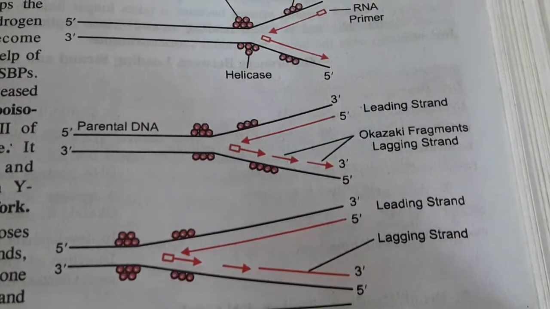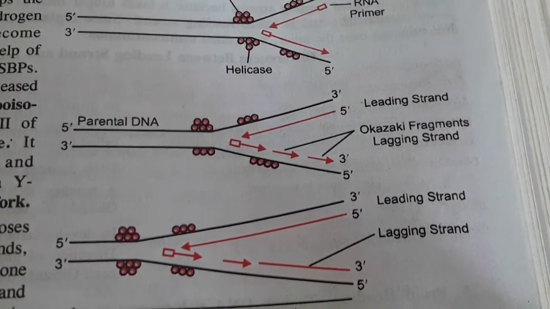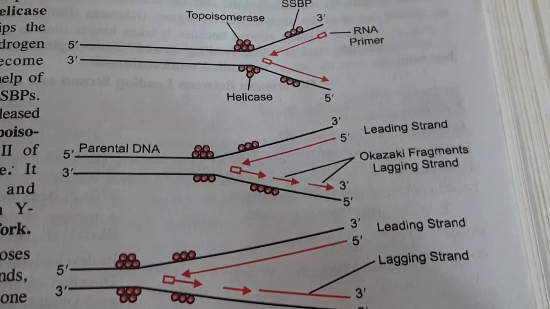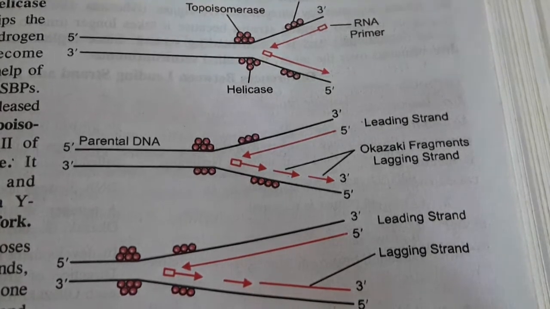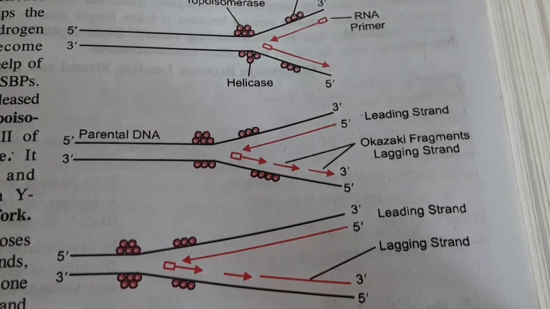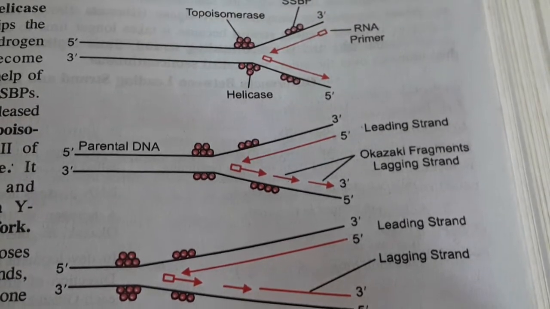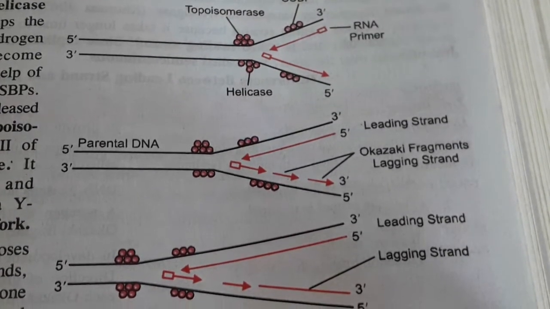here that particular point is known as the replicon or the replicating unit. But in eukaryotes there are more than 2-3 origins, and that's why it is known as multi-repliconic. Got it? Now the second stage is the activation of deoxyribonucleotides.